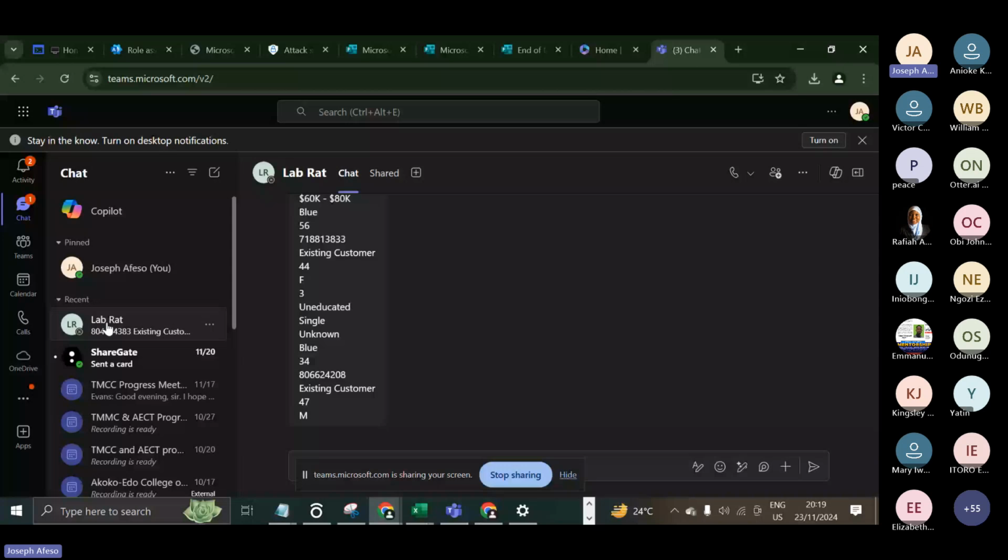So Teams is of two types. Will I say two types? We have two mediums through which you can access Microsoft Teams. You have the web-based application, which is here, and you can access that with teams.microsoft.com. And then you have the desktop version, which is the application installed on your machine, your laptop. So Teams can be accessed on both web and desktop. When I say desktop, I mean the application on your computer,